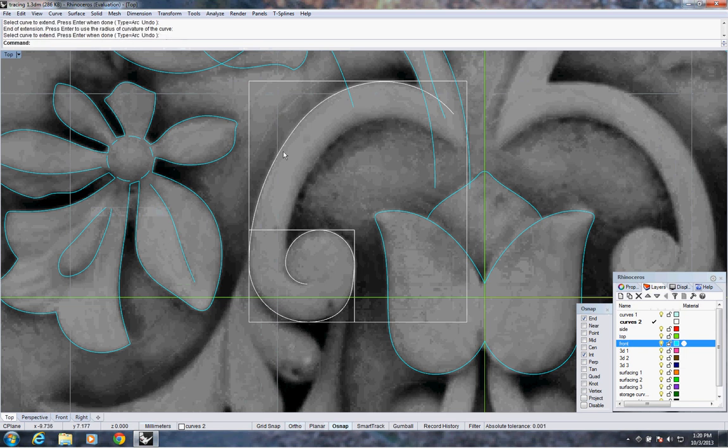Enter when done. Okay, so I have my initial poly curve here,